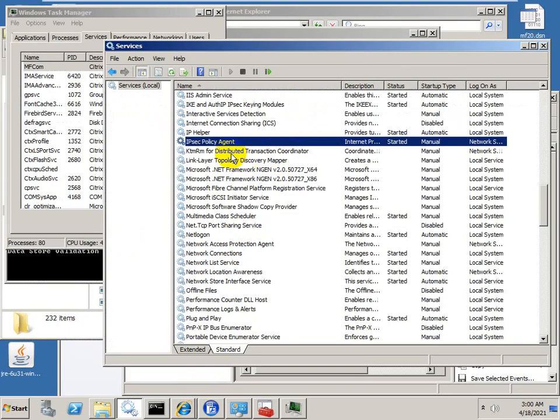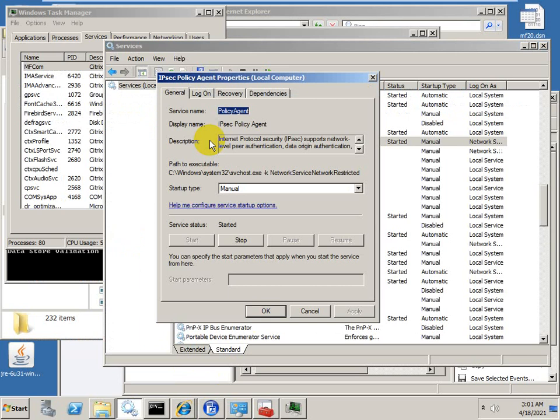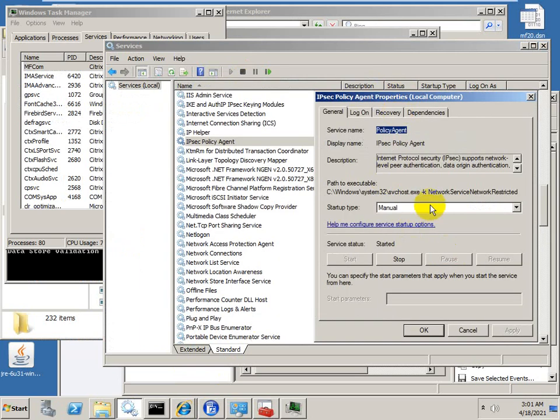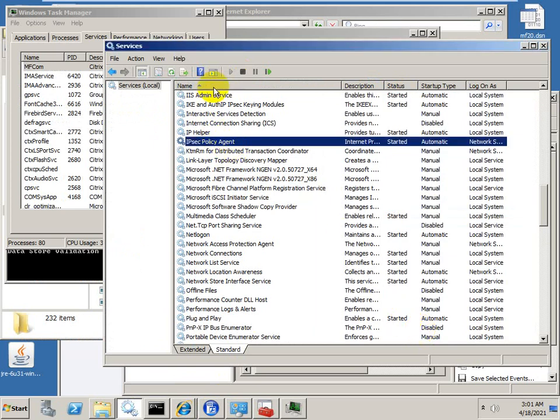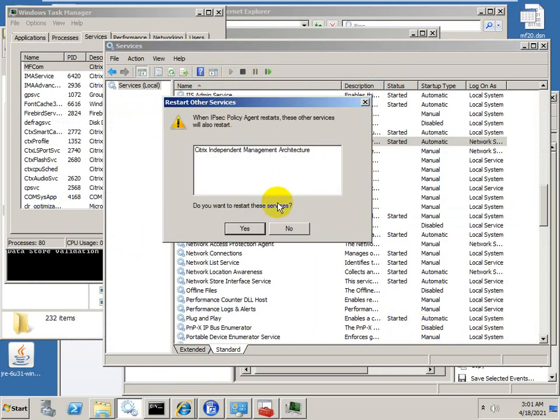It is manual; it should be automatic. Just apply. Okay. We have started the service.